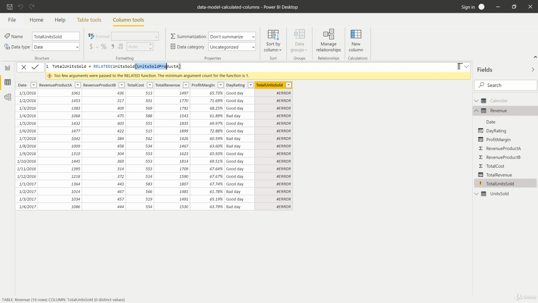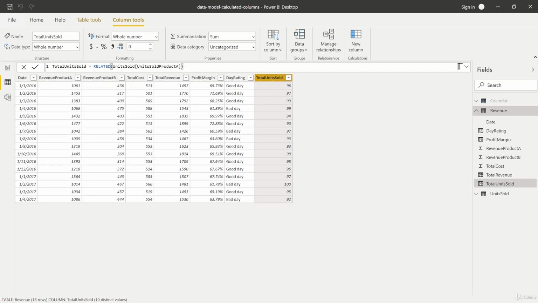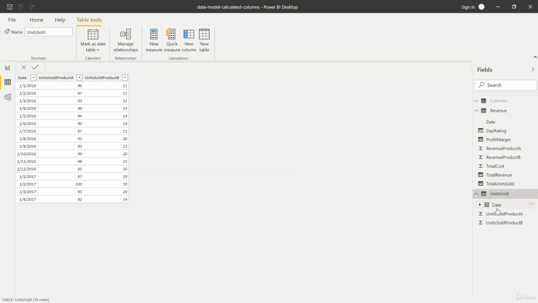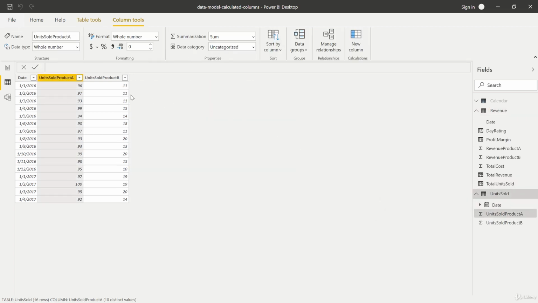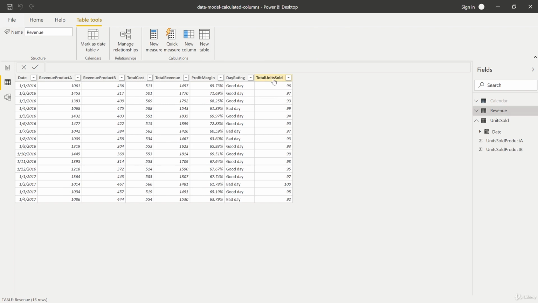And afterwards, we have to refer to the corresponding column. Let's now close this here and let's press enter. And this seems to work fine. We have 69 on the first day. Let's check this in the total units sold down here. Not 69, 96, sorry, but you see 96. This worked perfectly back in the revenue table.